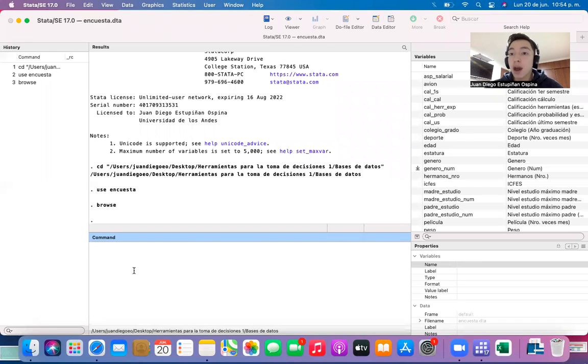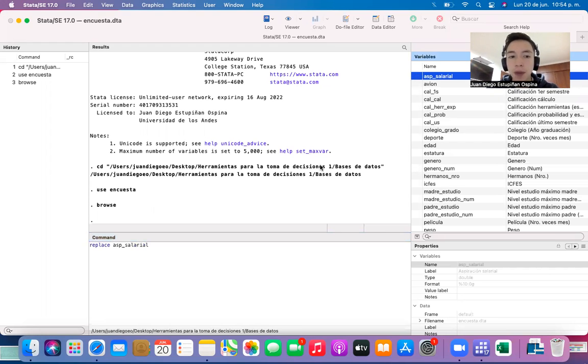Also, if you want to change any observation from the database, you could use the command replace. And after that, the name of the variable in which you want to change the observation. For example, I'm going to use this one. And then I'm going to use equals the number, the new number that I want to appear in the database. I'm going to put,